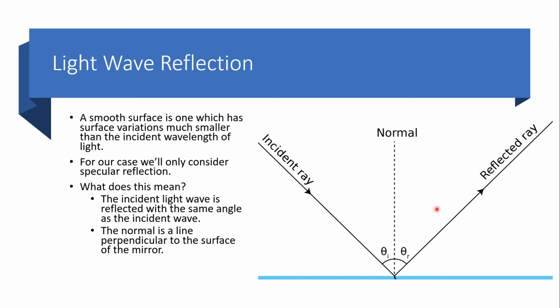The way that light wave is reflected is that an incident ray comes in and it's reflected back at an angle, and typically that angle is the same as your incident angle, measured from a line drawn perpendicular to the surface of the mirror, right? So let's say this incident ray was at an angle of 30 degrees to the normal, or to the line normal to the mirror surface, it would be reflected back at an angle of 30 degrees as well. So this total angle would be 60 degrees then. And that's an important rule when it comes to light wave reflection,